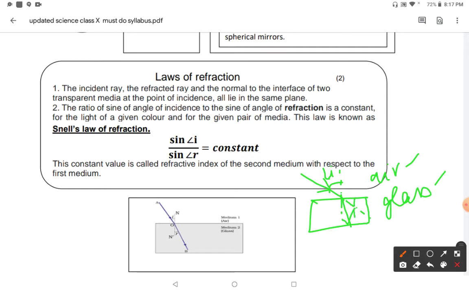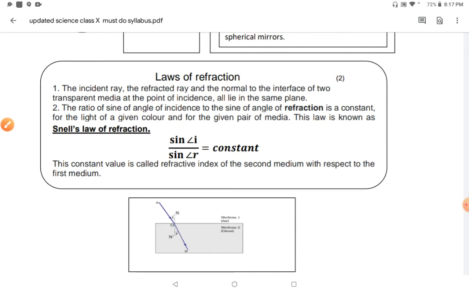And again, when this ray goes from glass to air, instead of going this way, it moves away from the normal. This is the rule. And if we keep this glass in, without this glass, the ray always moves in a straight line. There are no changes, and you can see this through the glass slab experiment, and this is also present in my Super Vigyan. You can see that video, refraction in a glass slab or prism.